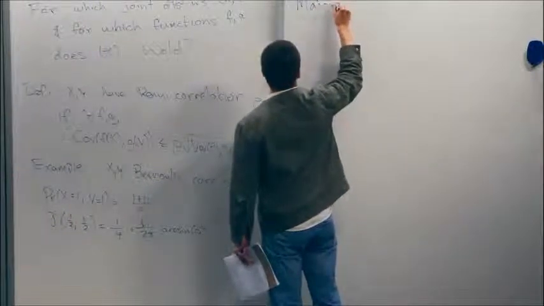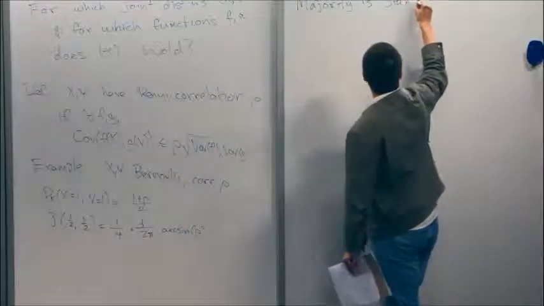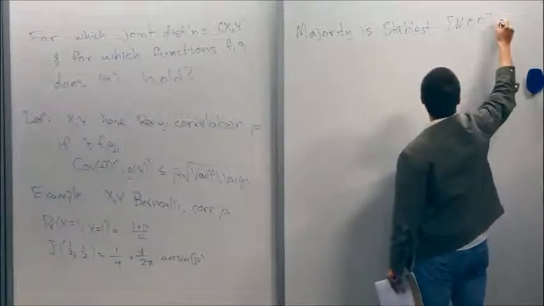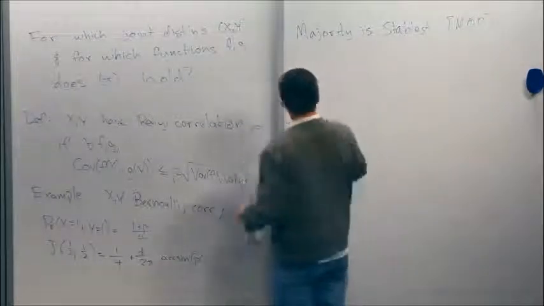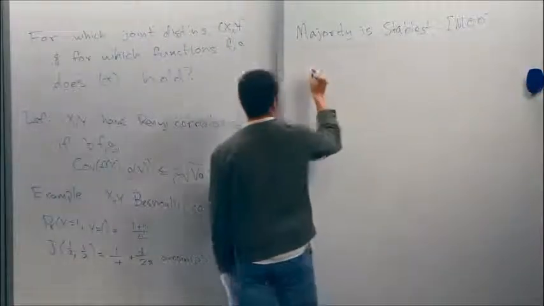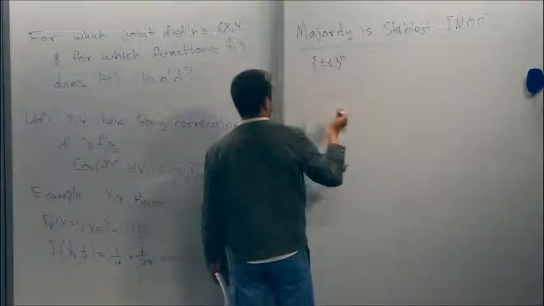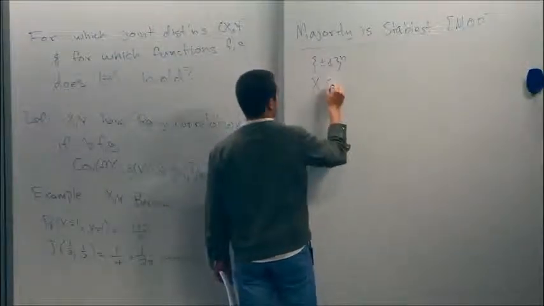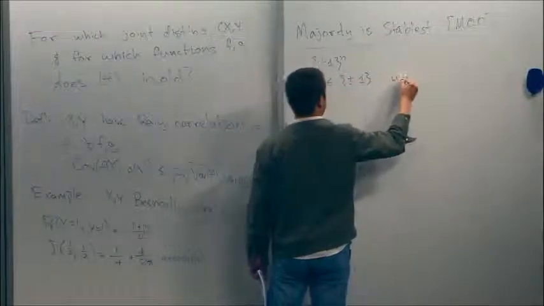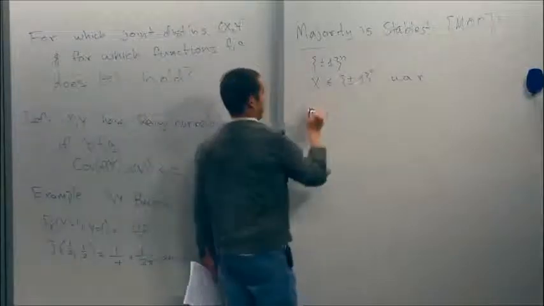And this example is the famous Majority Is Stablest theorem, which is due to Mossel, O'Donnell, and Oleszkiewicz. And it goes like this. So now I'm going to move from Gaussian space to discrete space. So I consider the cube, plus minus 1 to the n. And I take x to be a uniformly random element of this space. And y,